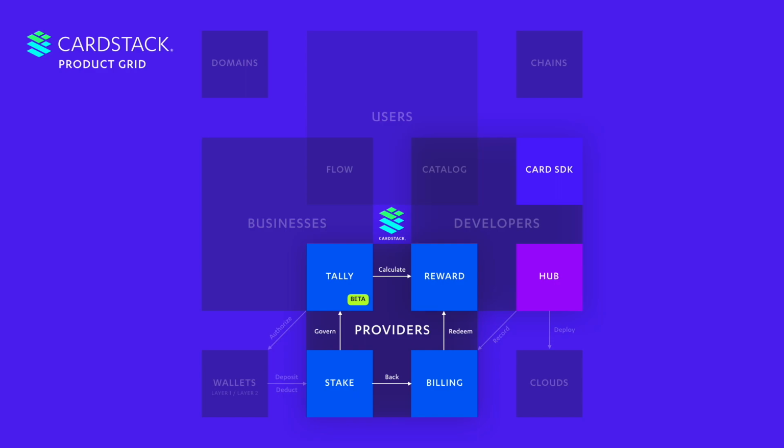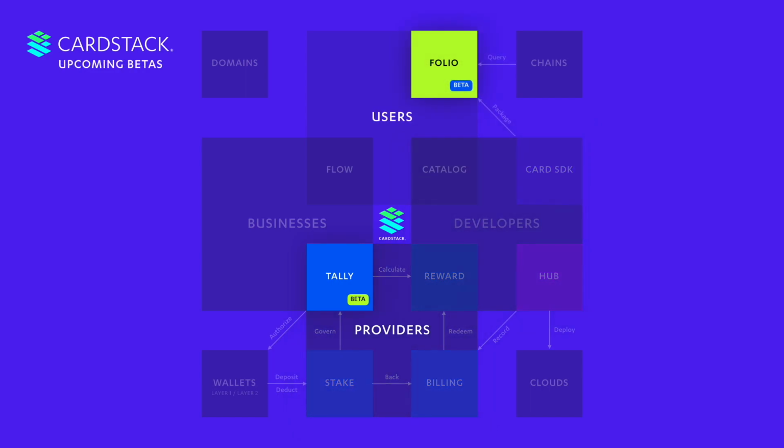What we want to drill into a little bit today as it relates to the protocol is two things, which is, what does Tally look like? Because it's actually doing a lot of the work, and there are a lot of management levers. You have to stake, and you have to withdraw and create relationships and stuff like that. And also Folio, which is less low level, more like what the user would see. A Folio will be similar to the iOS wallet app. You can say, this is my mileage card, this is my credit card, this is my prepaid card, this is my Apple Card. And we have a similar concept.